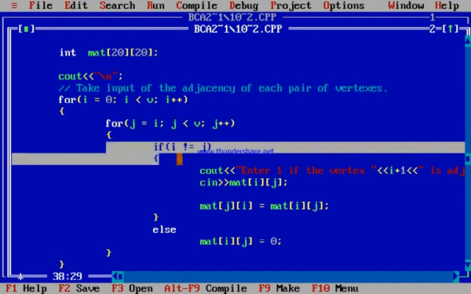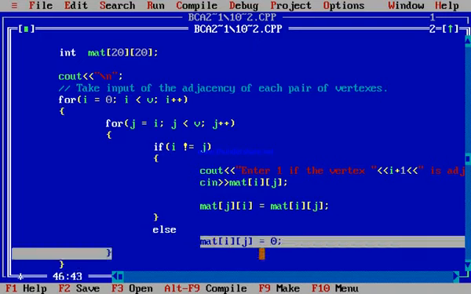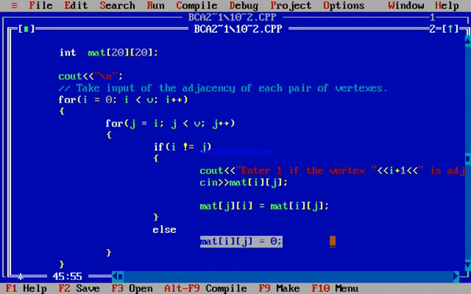And an if condition is also present there, if I is not equal to J. If I is equal to J, that means there is an edge between the same vertices, that is, a loop exists. And if a loop exists, then the else part will be executed, in which we enter the value of matrix ij equal to 0. That means there is no edge between the same vertex.